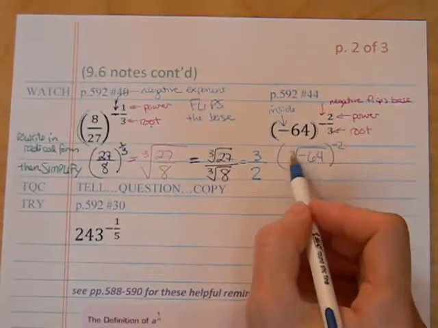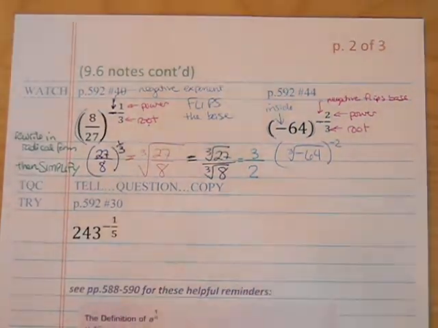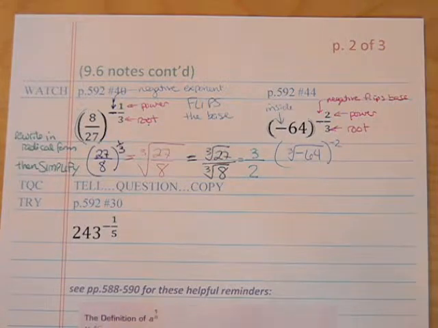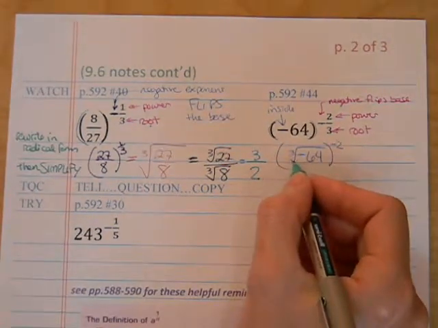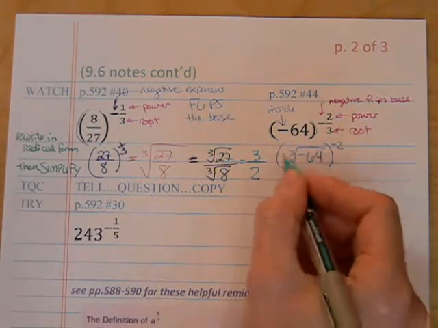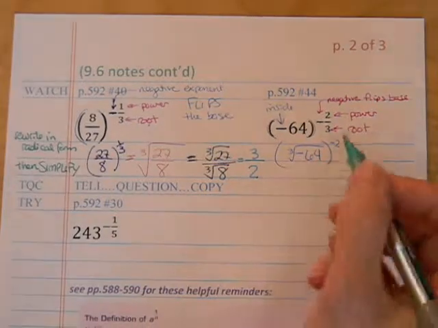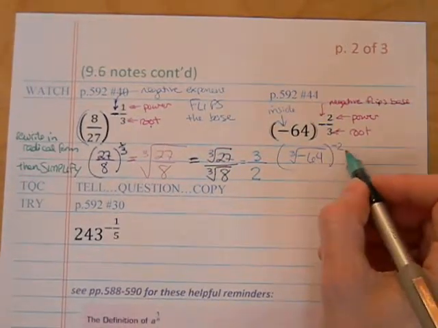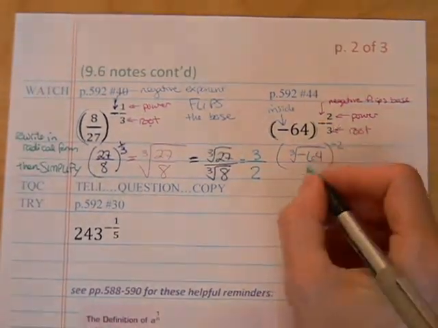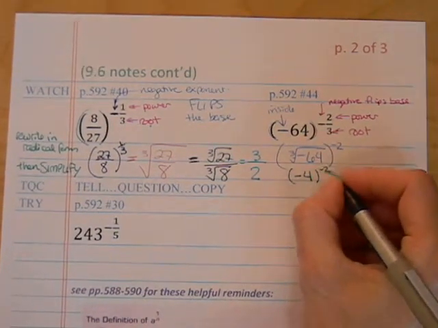Okay. The reason I chose the cube root of negative 64 to do first and wait on the power is because 64 is one of those cube roots that I know, or I should be getting to know. It's one of the ones that we're supposed to become familiar with. We've already seen it in a couple examples in this set of notes. So the cube root of negative 64 is going to give me a negative 4. That's what the cube root does. And then that's still raised to a negative